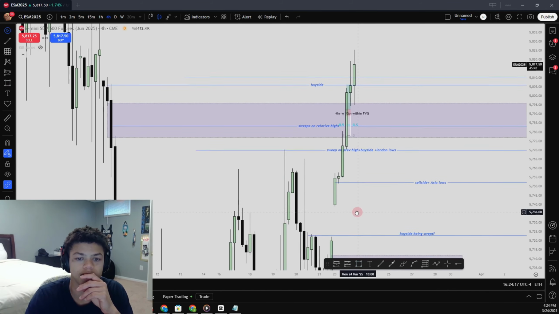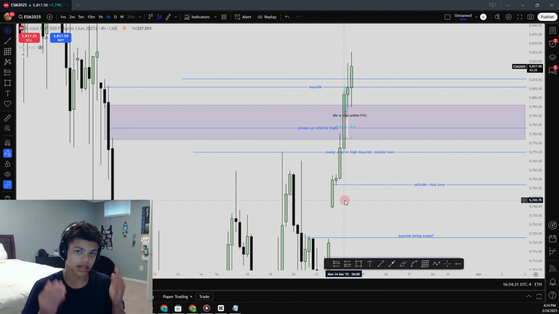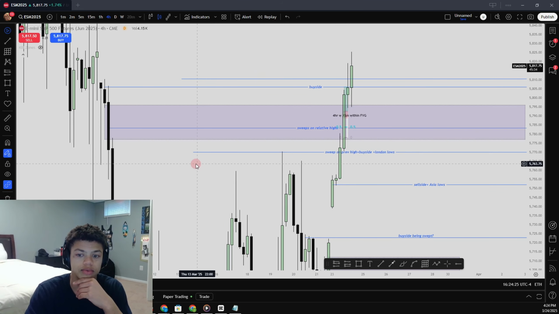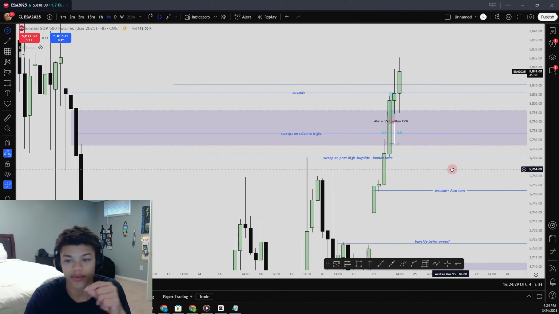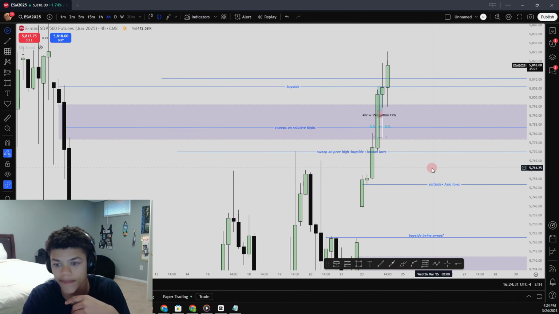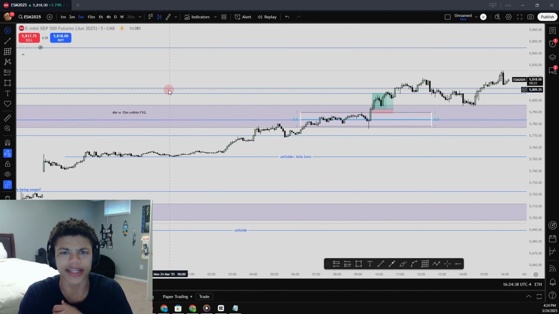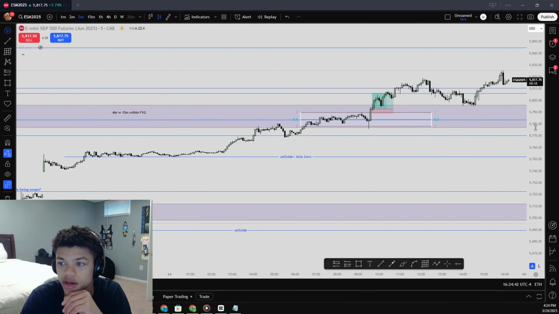So we want to see a continuation of the fair value gap, because what are fair value gaps? Continuations or reversals. Okay, so we have a continuation fair value gap, right? Bullish, some would say. Let's jump down straight to the 5-minute. Let's hop into it. Let's morning routine dive. If you know, you know.